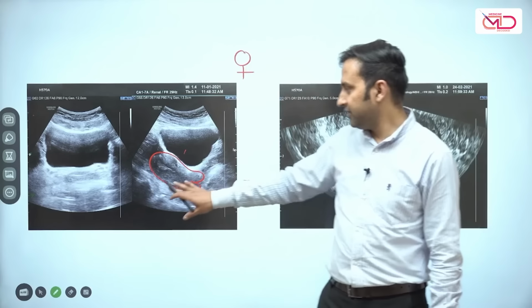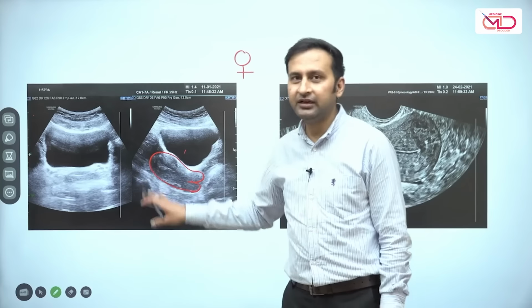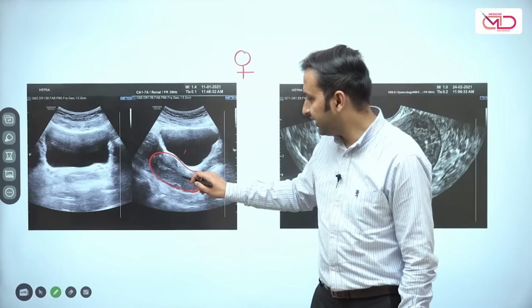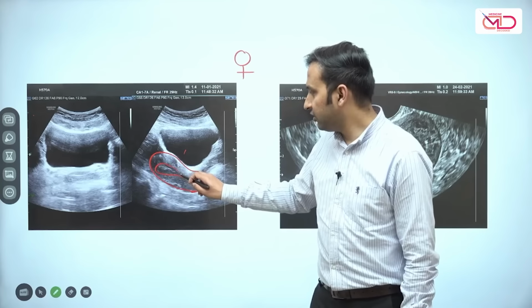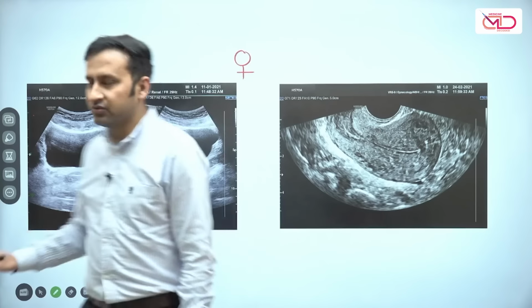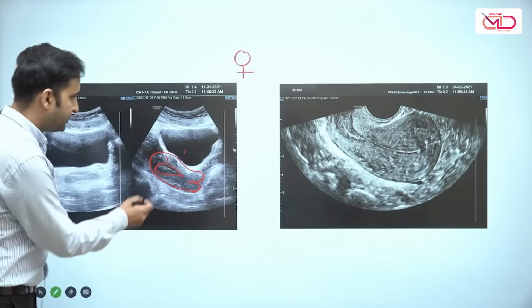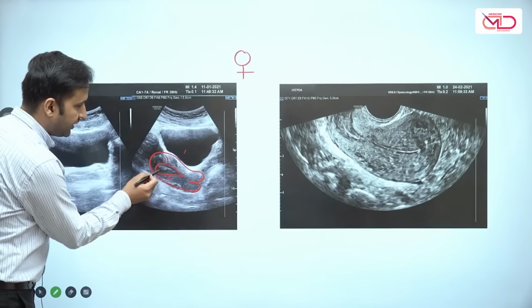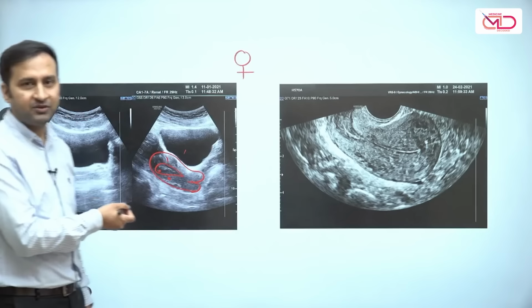But when we look at it, we can clearly see that the image is not very clear. We can see that there is a bright central line, but we cannot clearly distinguish its margins. And obviously, we cannot even see the uterine walls very clearly. A very small soft tissue tumor here or there, or a myoma, may easily be missed on this scan.